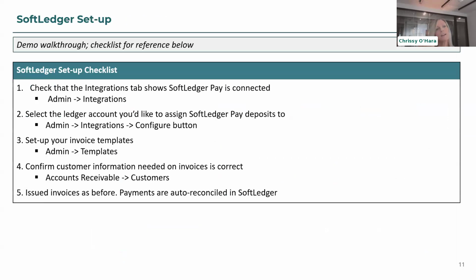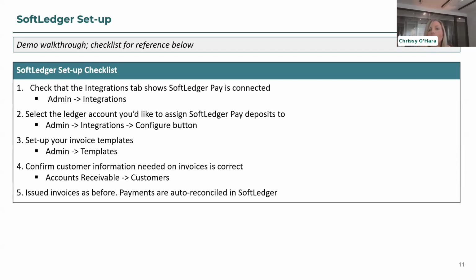Now, in your Soft Ledger tenant, there's only a couple steps you need to do to make sure the integration is set up and you're ready to go. Again, I'll go through these in the demo account, but you'll want to log in and then go to admin and integrations. You'll see Soft Ledger Pay and it should be connected. Once your merchant application is approved, we go ahead and turn that on. So there shouldn't be anything you have to do, but just double check that you see connected. Then on that same screen,